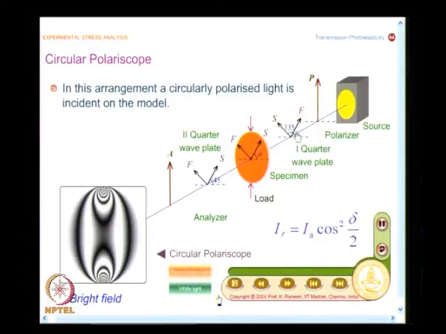I made a statement in conventional photoelasticity. What is important is the first quarter wave plate and second quarter wave plate need to be kept crossed.